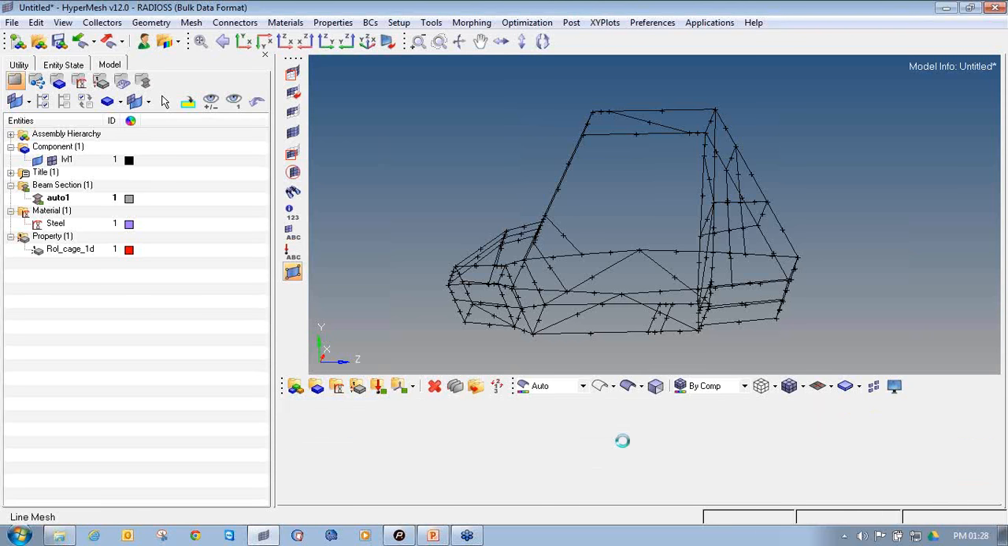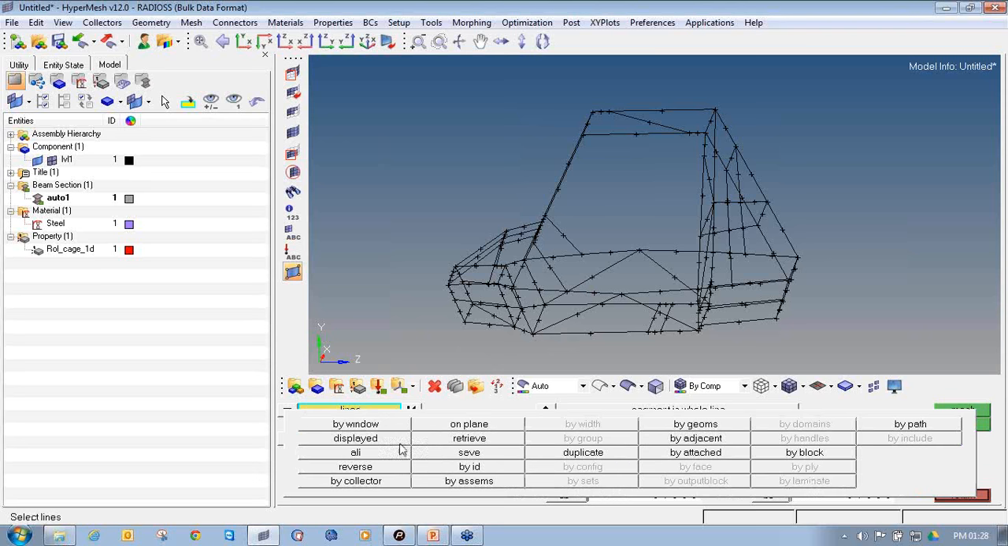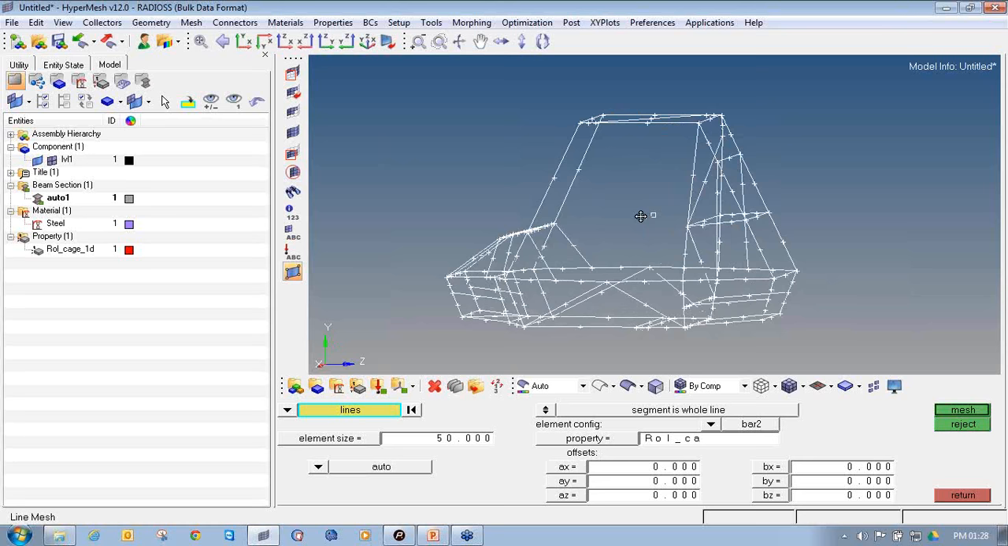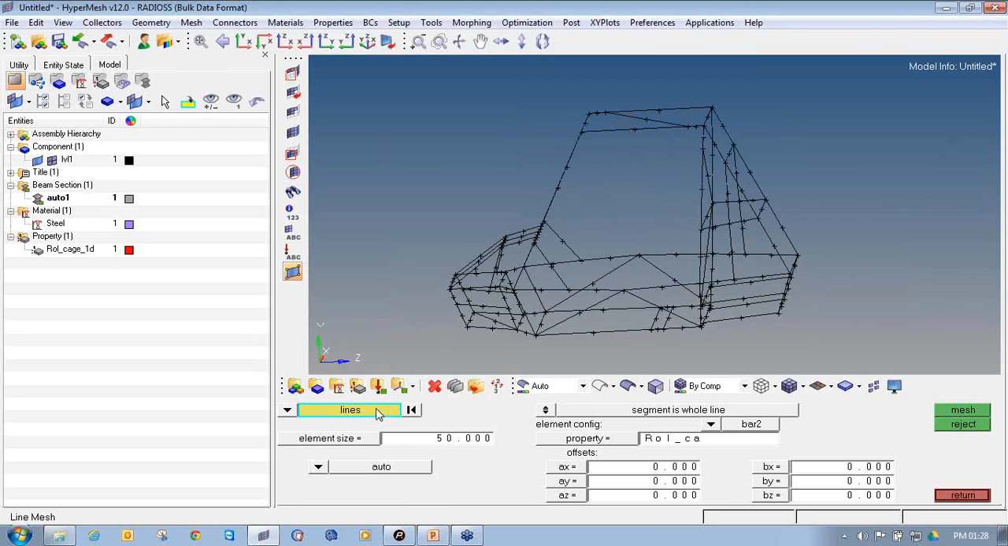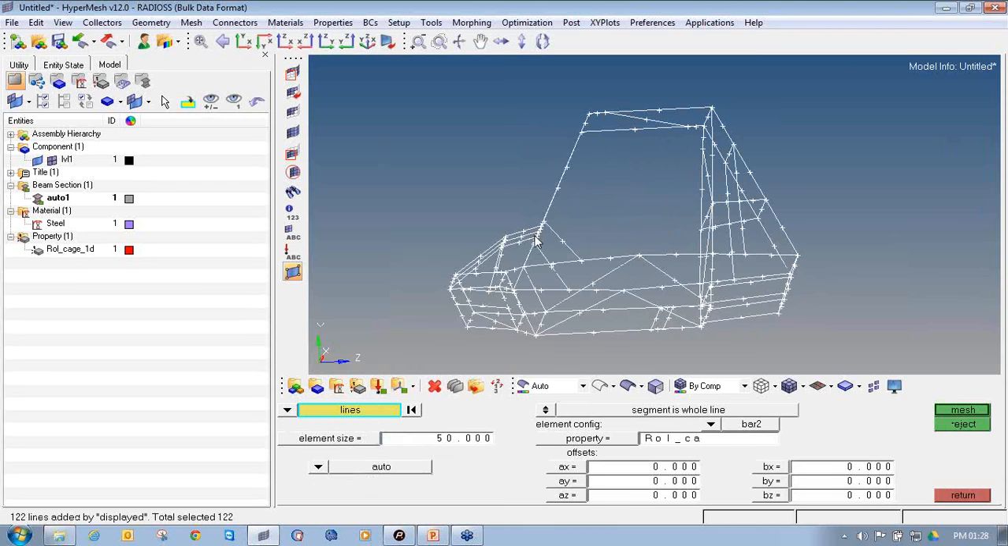Then select the appropriate property which we have created earlier. So click on the property and select the proper property. Make sure the auto segment here is selected, that is we don't want to define the vectors, components and nodes to create 1D elements. We directly create by auto. Then click on lines and say displayed, so it will select all the lines which are displayed on the GUI. Again I will show you, click on lines and click on displayed to select all the displayed lines of the GUI,